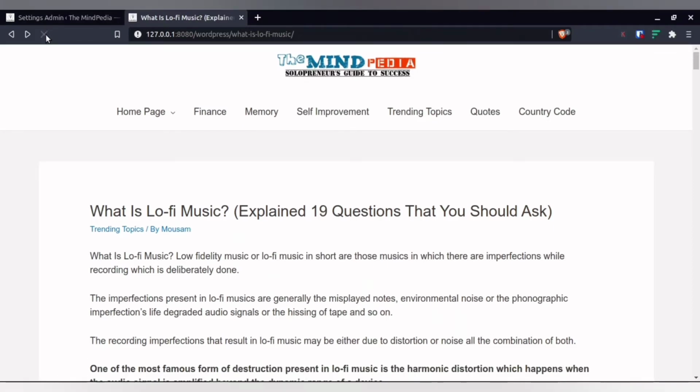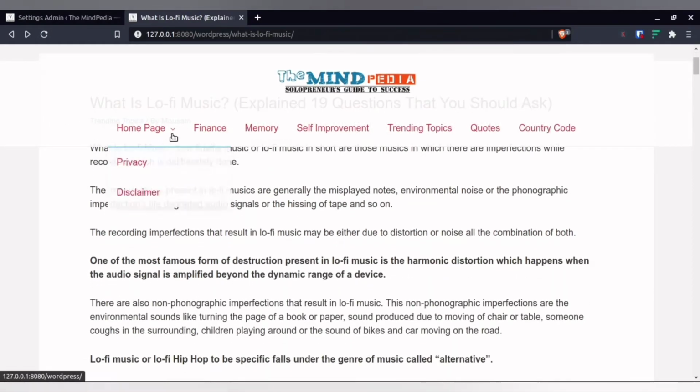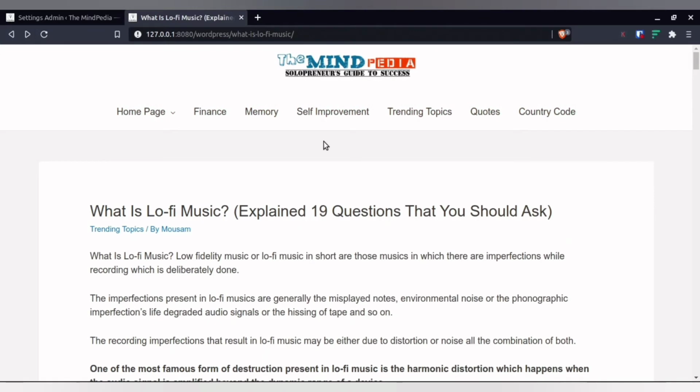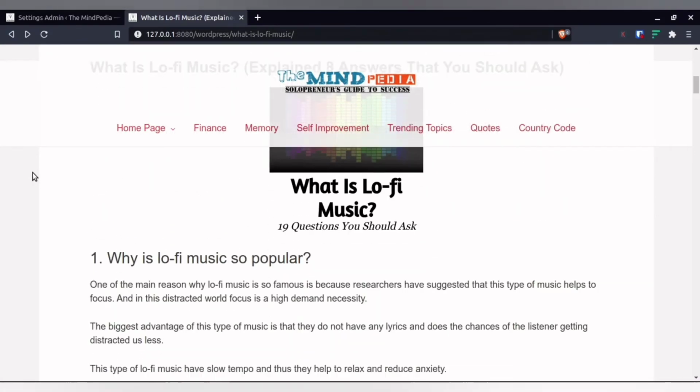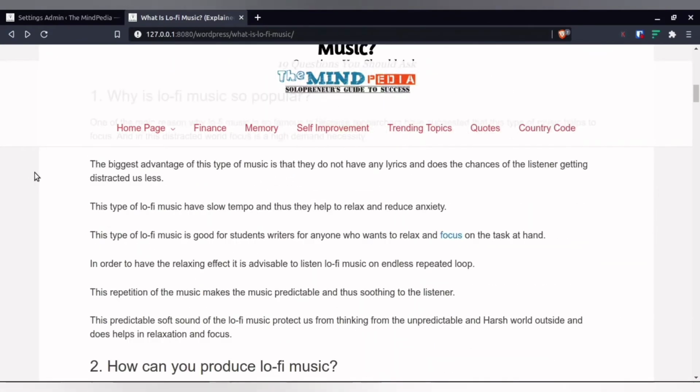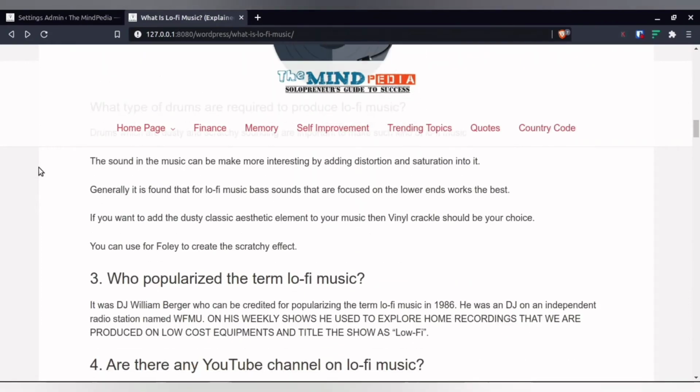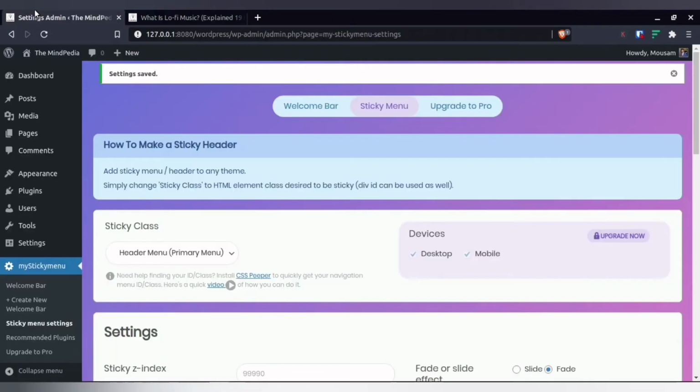Once you save it, just refresh the page, and now once you scroll it, you see the color also changes. So when it is in the initial, it will remain in the default color, but as you move down, see the color changes. So this is one way of improving the user interface.